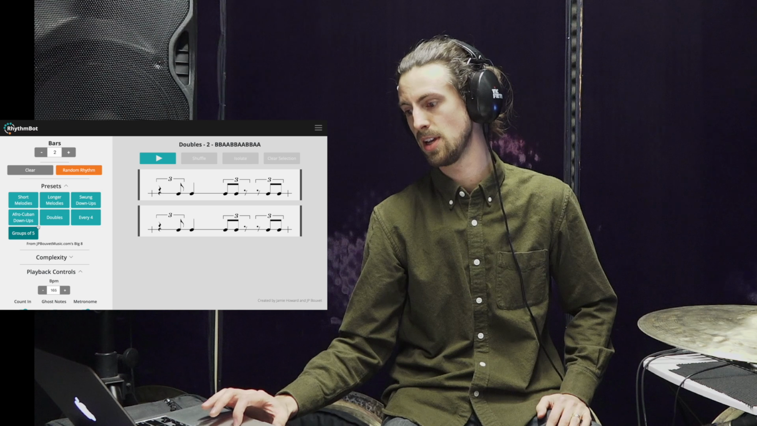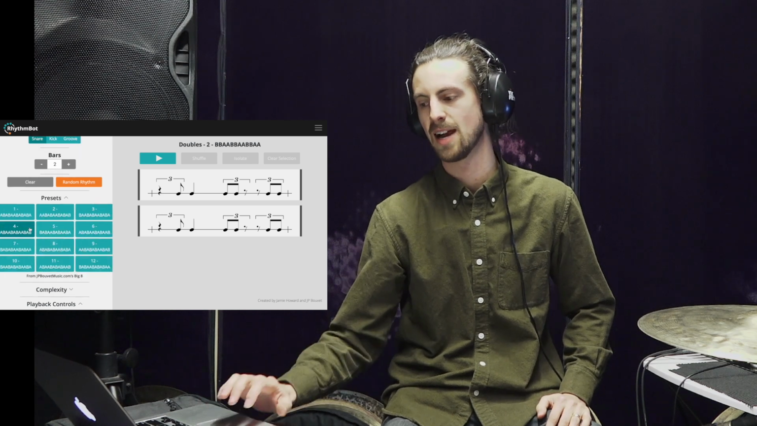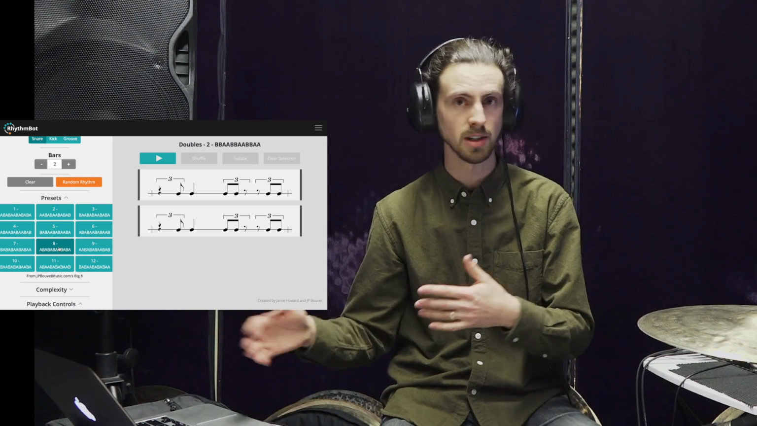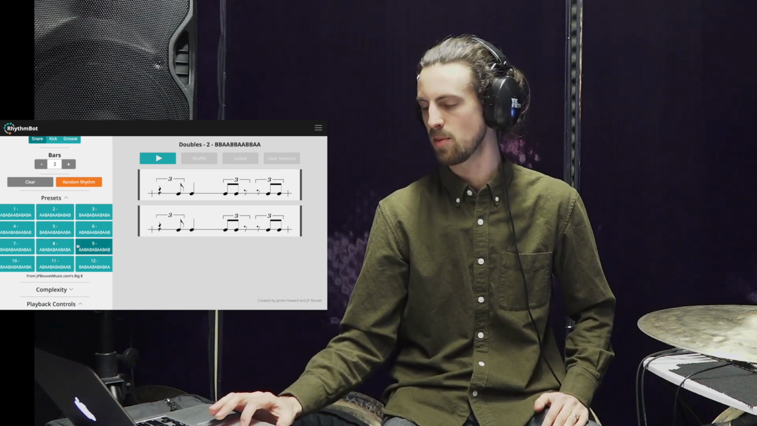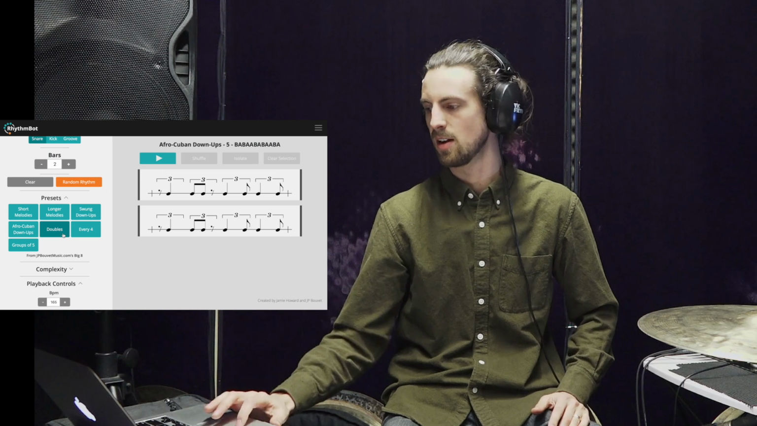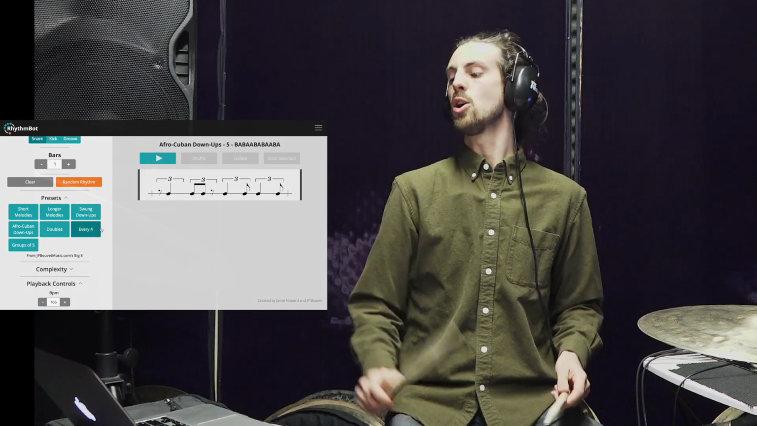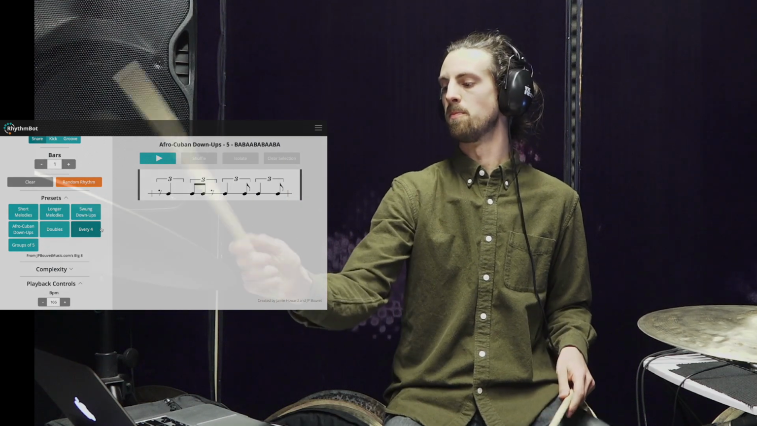You could also then go to these patterns called the Afro-Cuban down-ups, which is permutations of the bembe through the grid, just comes up with a lot of great melodies. I pick one at random, number 5. This melody, I only need it once because it doesn't repeat. Sounds like 2, 3, and 4, and